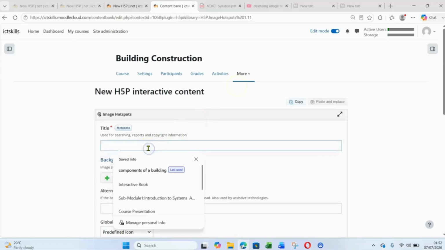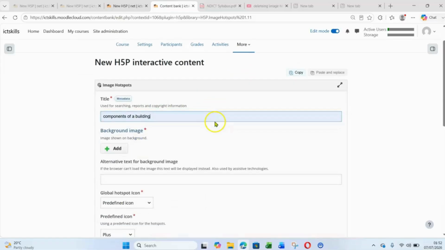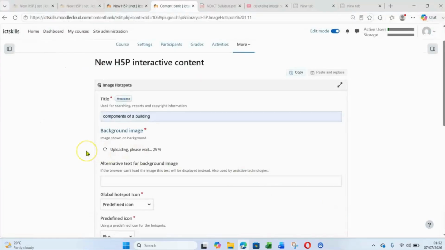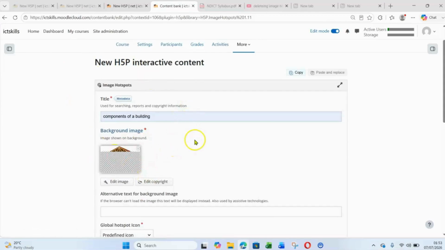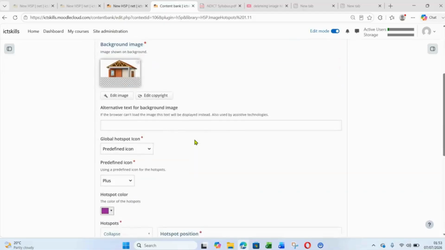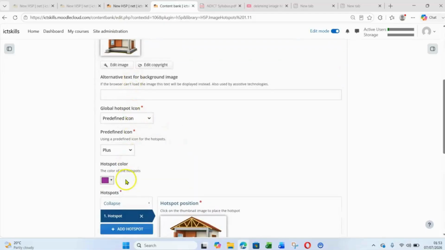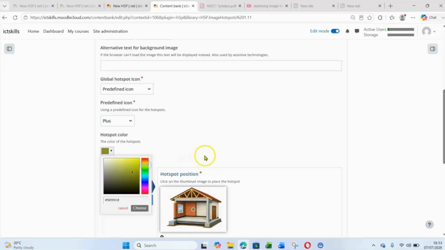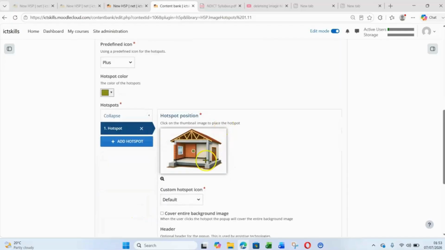The title I'll give it components of building. Then I upload my image that I want to use. So if you're in engineering, electrical, you upload an appropriate image. Most of these settings, we leave them the way they are. Maybe I can change the color into that. Okay, and so I have my image here, and I can now create